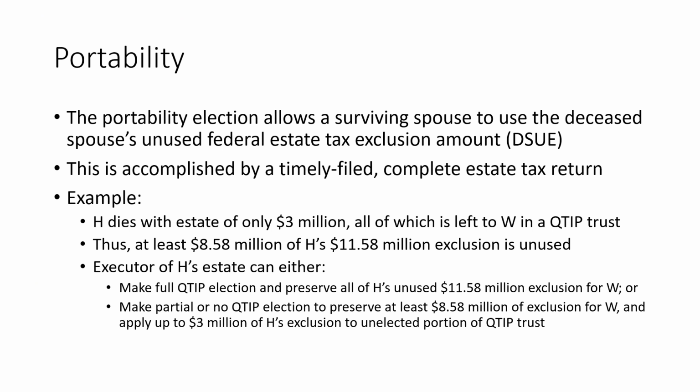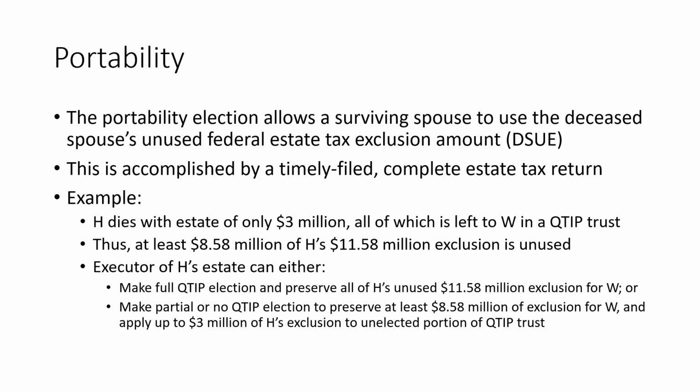And we'll look at what that means in a minute, but here's a quick example of where you might see this kick in. So H, husband, dies with an estate of only $3 million, and he leaves all of that to wife, W, in a Q-tip trust. We've talked about Q-tip trusts in the past, and that'll be its own separate discussion, maybe to cover in great detail in the future. But what this means is that at least 8.58 million of H's 11.58 million estate tax